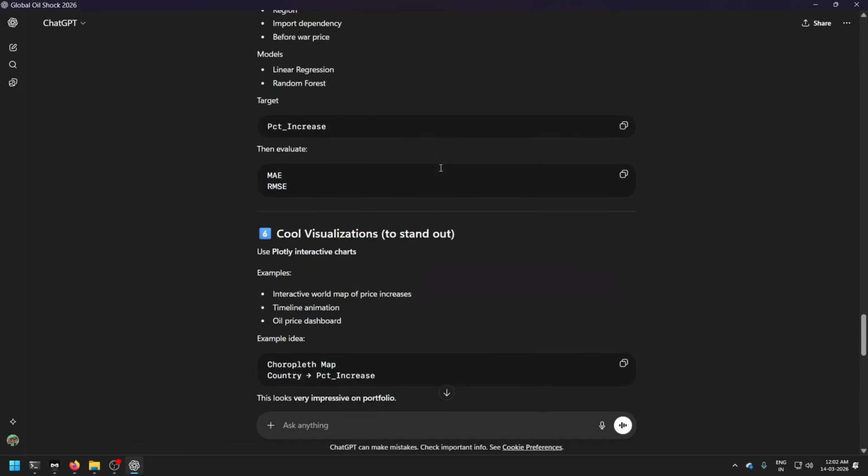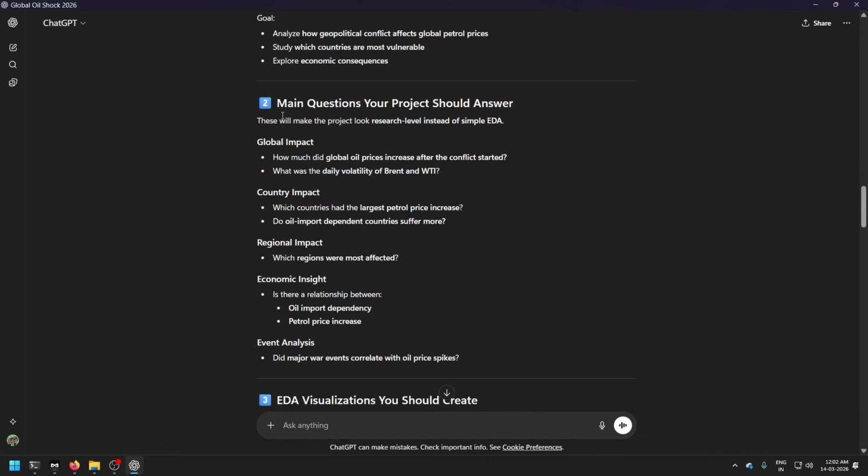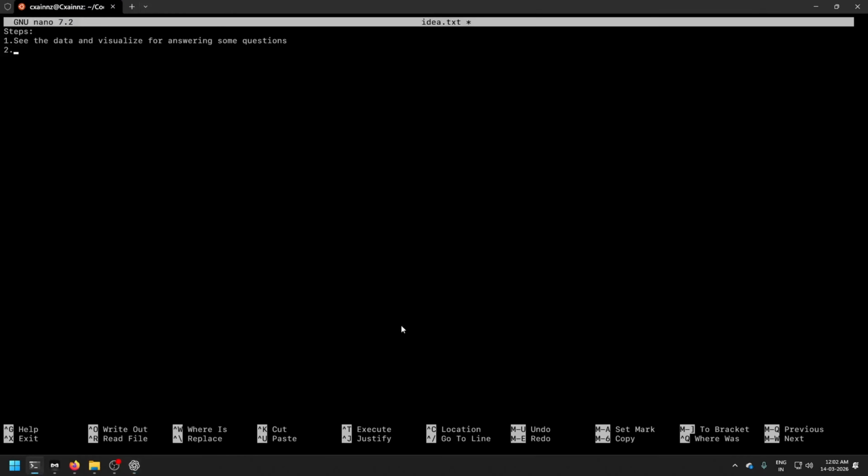I sent it the data set, and the main question it gave was how much oil does it affect and all those things. So I will ask it the main questions, and we will try to answer them by plots or some model.